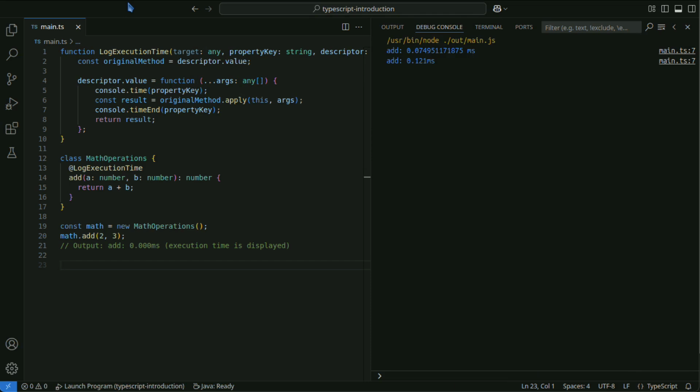In this example, the log execution time decorator is applied to the method, and the execution time of the method is logged.